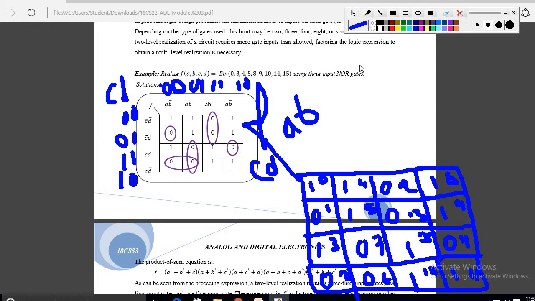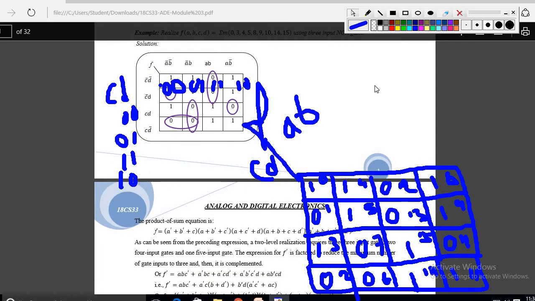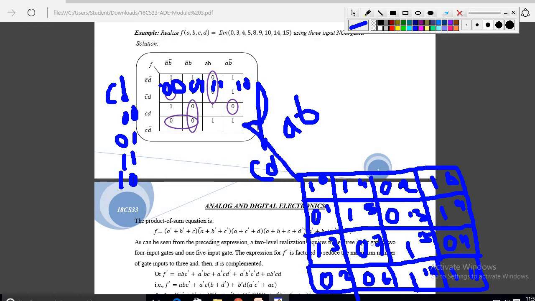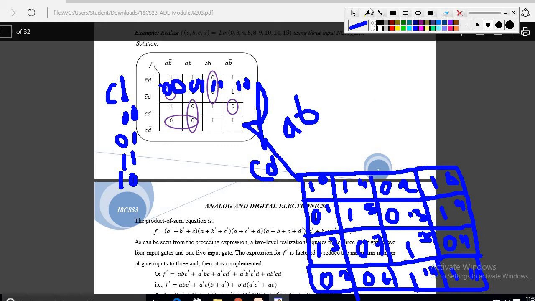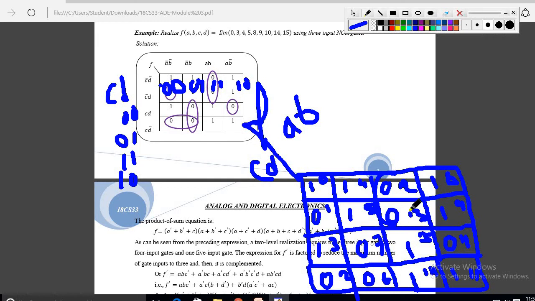So after that, once the table is formed, next we have to write the POS, because I am writing here POS, meaning the product of sums equation. So see the grouping here first. First I need to group the zeros. Here I need to group these things, right? So here it is done, no?